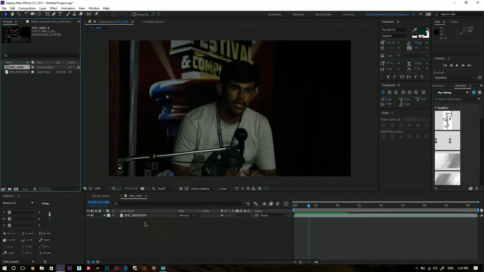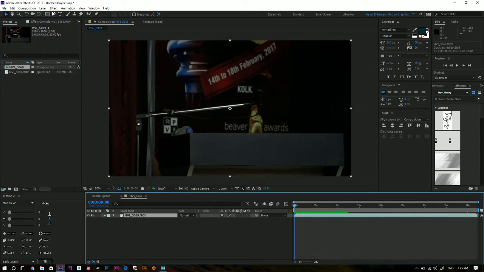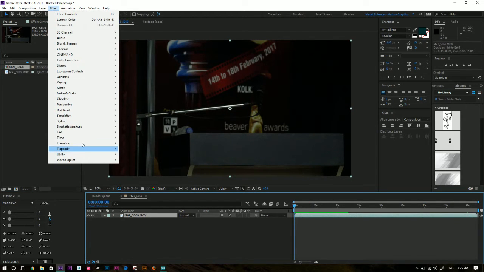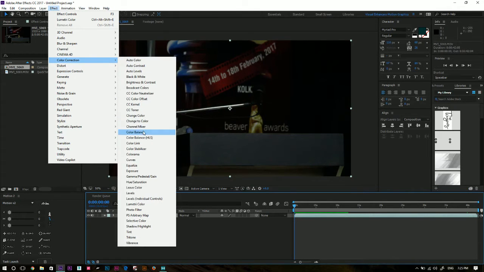And so what I can do is select my layer, go to Effects, Color Correction, and then you might find something known as Lumetri Color. This is the new color engine which Adobe has released in After Effects and Premiere both. If you have the option, I'd prefer doing color correction in Premiere,